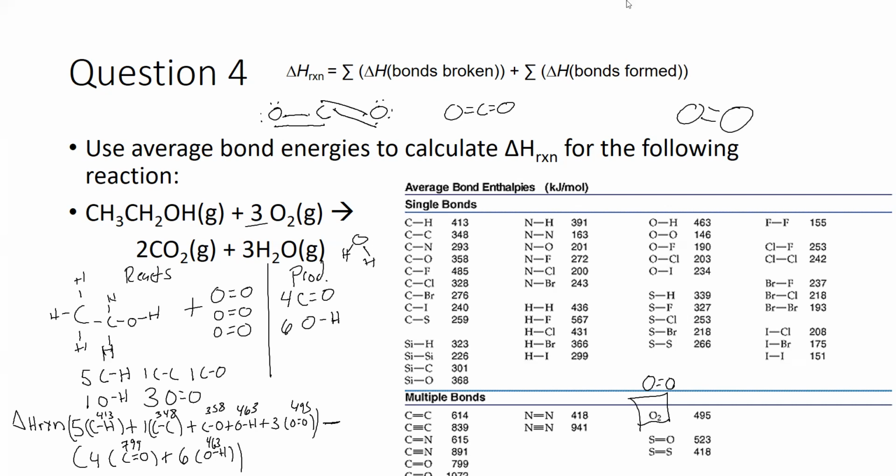Right, so the left side of our equation, I got 4,719 for your reactants. Let me just double check. 5 times 413 plus 348 plus 358 plus 463. Yep, that looks good. The left side of the equation,